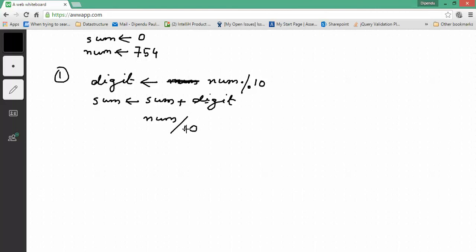So this is integer division because 10 is an integer and num is also an integer, right? So 754 divided by 10 in general mathematics should return 75.4, but in C compiler it would return 75. So 0.4, that is the fractional part of the number, would be truncated and only 75 would be returned. That we can store back in num,